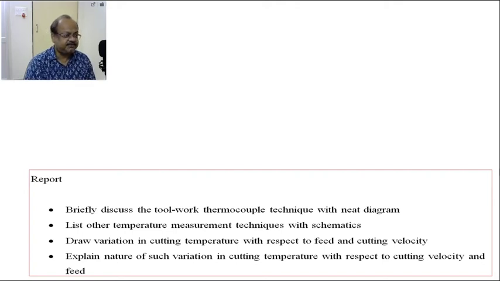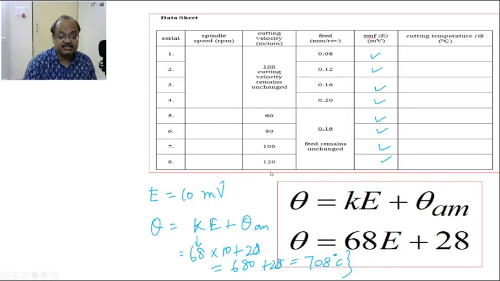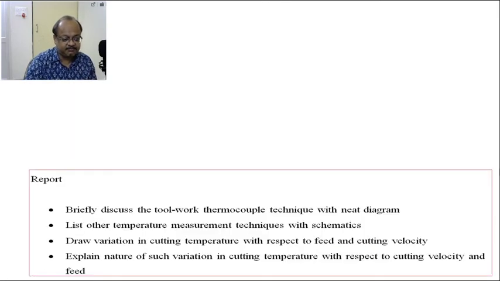You will see the effect of cutting velocity is more. In our experiment, cutting velocity is being doubled from 60 to 120, and there would be an effect of it. Whereas for feed, it is more than doubled. It is almost 2.5 times. Despite that, the cutting temperature would not increase to that particular effect. So why is it happening? That you have to explain.